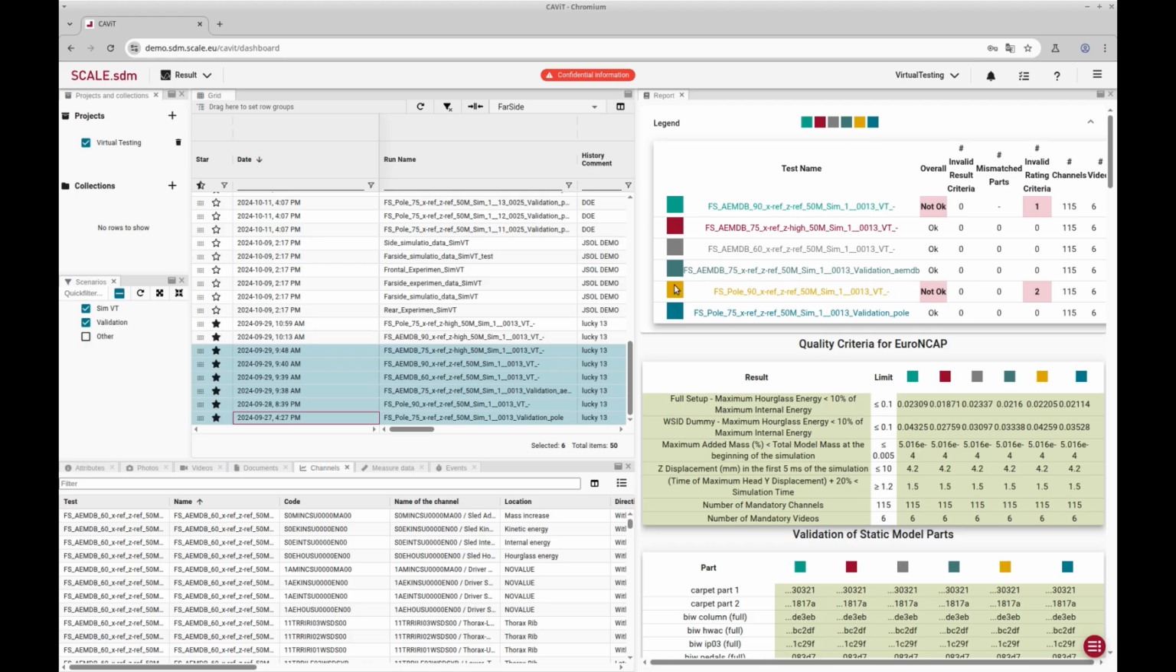It displays on the top part a general overview with the legend and with the overall checks as specified by Euro NCAP. And in case any check is not fulfilled by any of the selected simulation results, this is highlighted here in red. And now we can continue to the further report blocks to actually check and see where these checks are coming from. The first block is the criteria,